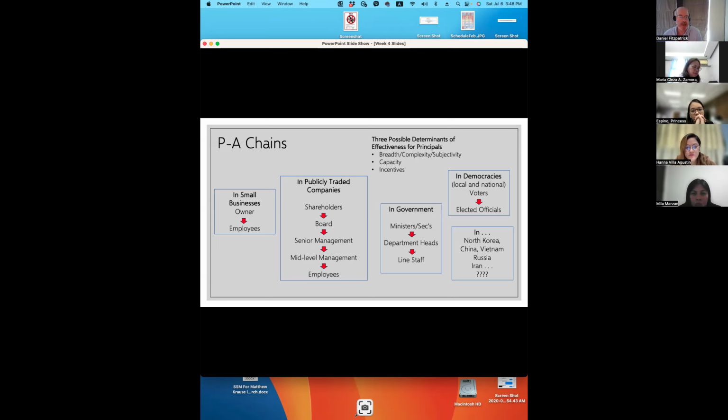So what I'm saying here is a lot of it has to do with principals. And if you can see here, I have 3 possible determinants of effectiveness of principals. You can see that in the top spot there. We have breadth, complexity, and subjectivity of the thing you're working with. Then you have the capacity of the principal, and then you have the incentives. All right, so taking these 3 concepts,